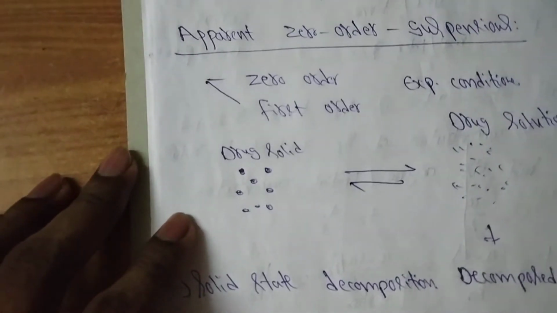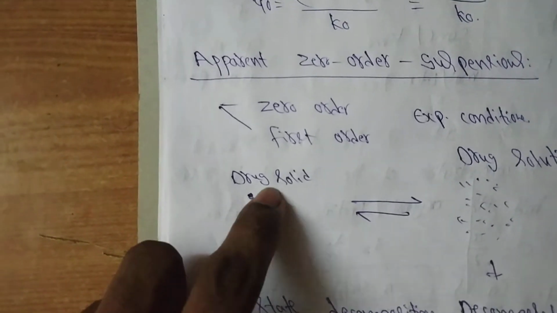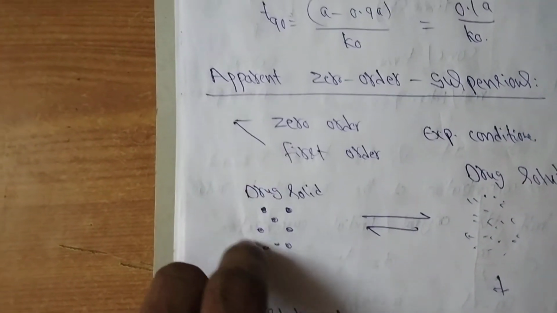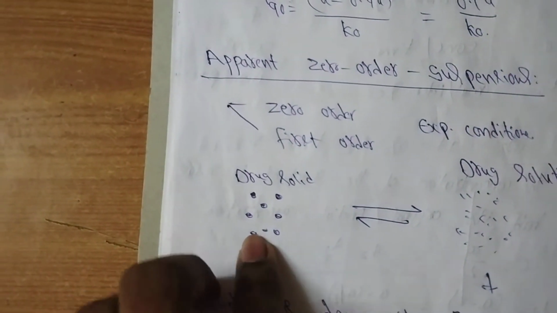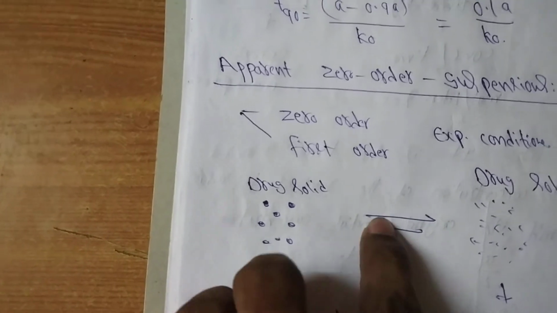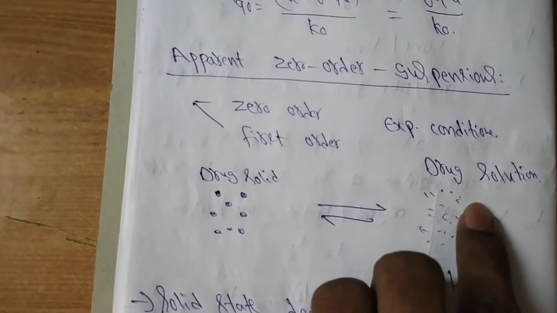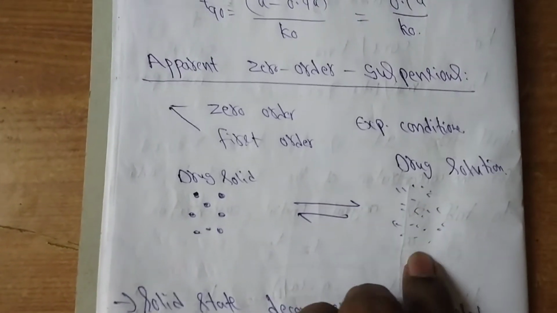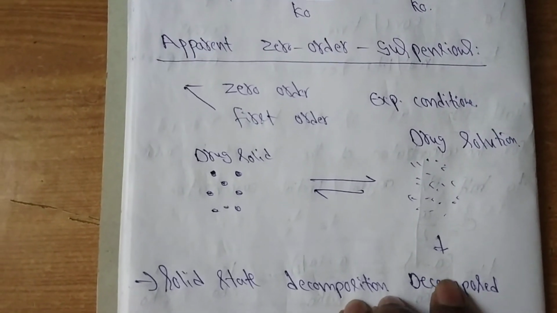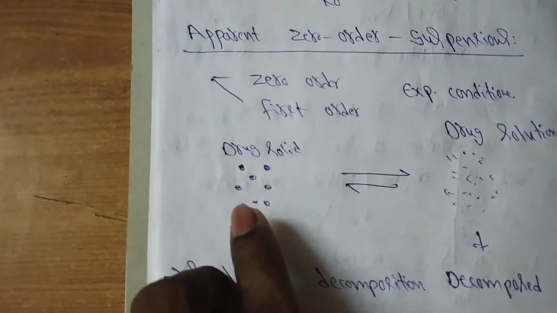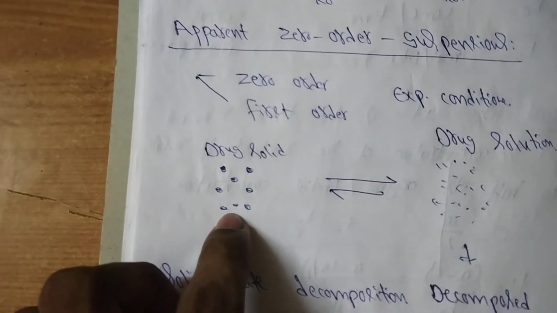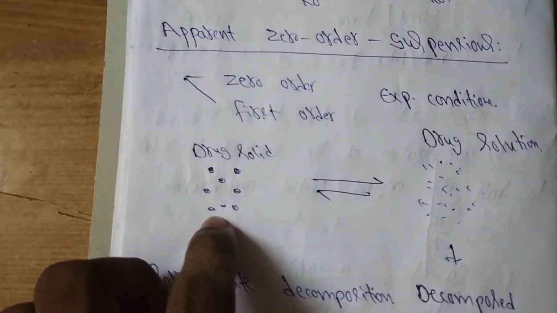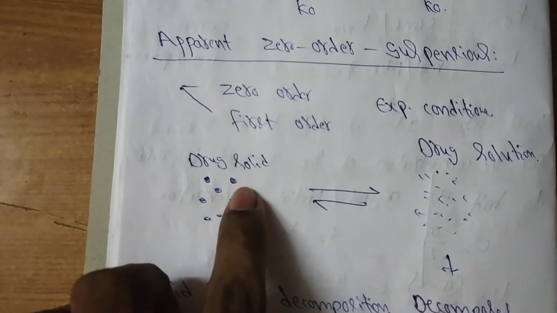In suspensions, some of the solid particles are dispersed in a solution. These solid particles act as a reservoir to release the drug in a continuous manner. The substance present in solution undergoes chemical kinetics or decomposition. So the drug present in a suspension as solid form acts as a reservoir to control the rate of release.